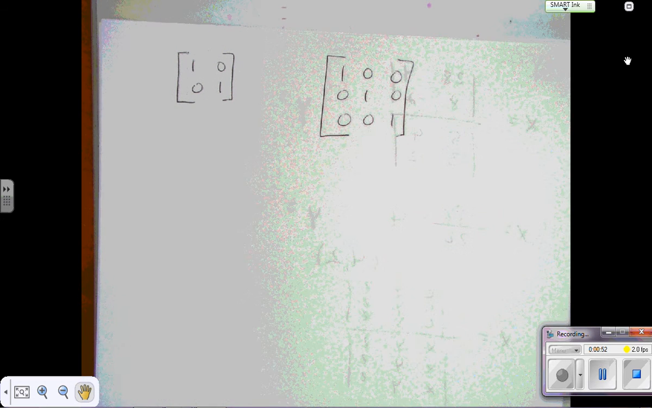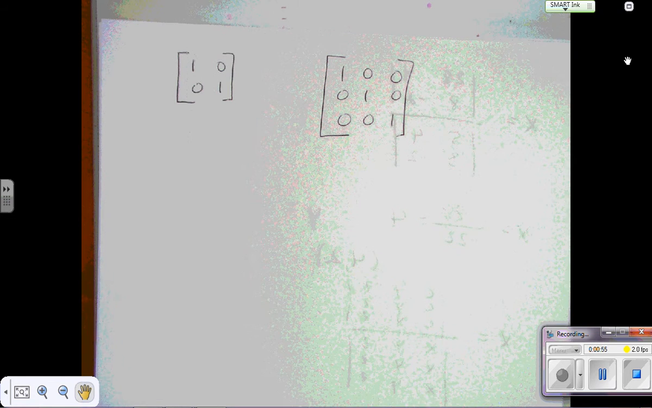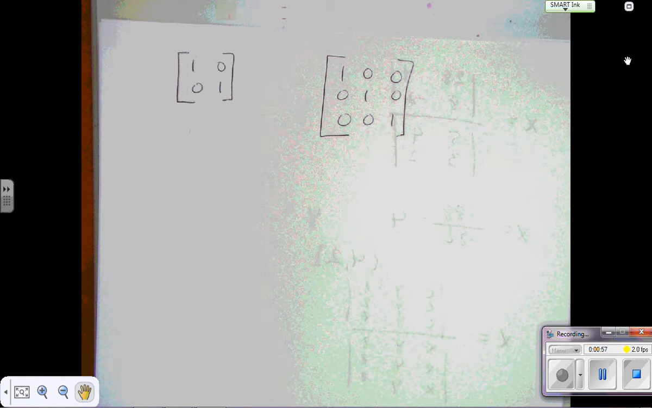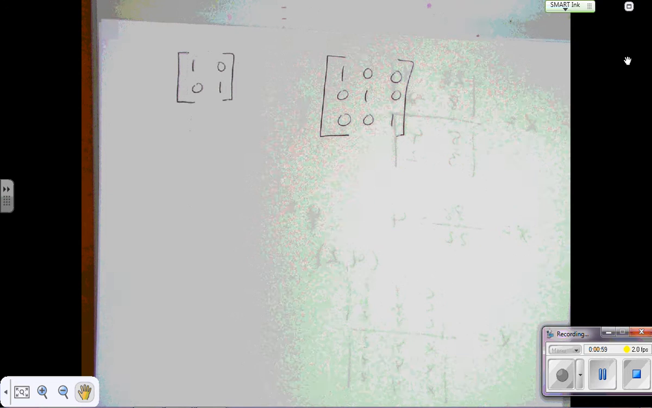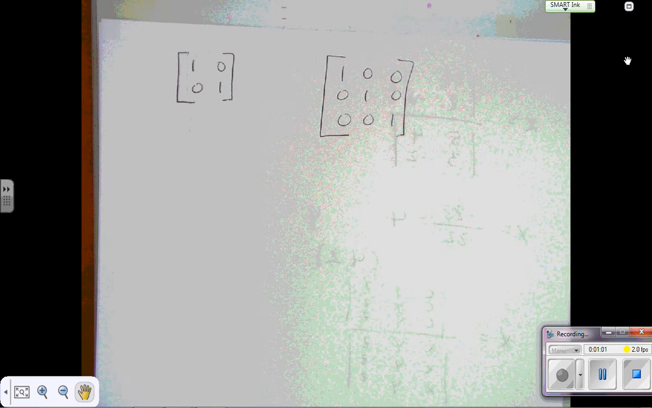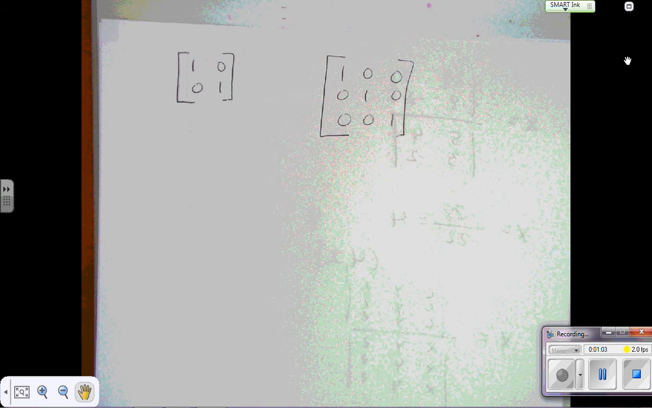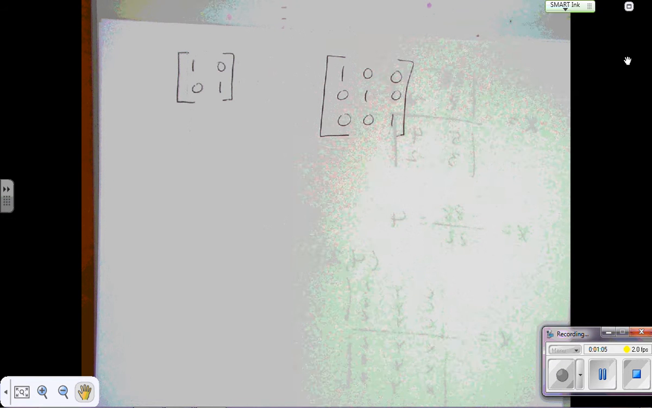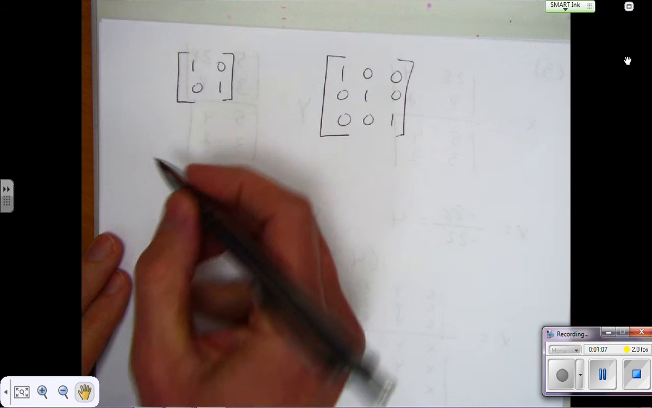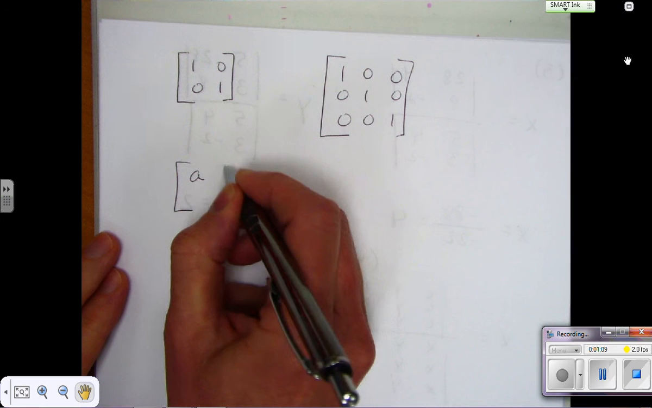If you multiply two matrices and get the identity matrix as the product, the two matrices that you multiplied are inverses of each other. A to the negative 1 is the symbol for the inverse of A. Only square matrices can have inverses. So if you have this matrix A, B, C, D,